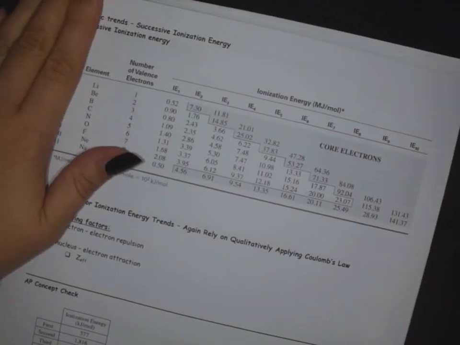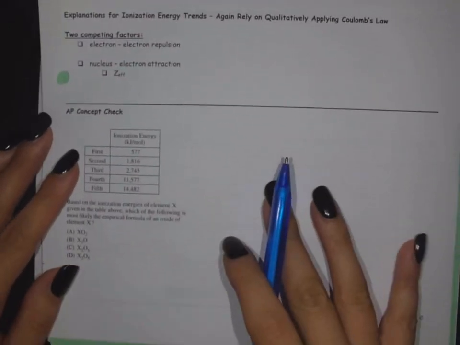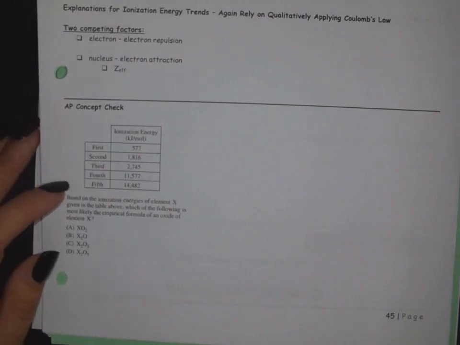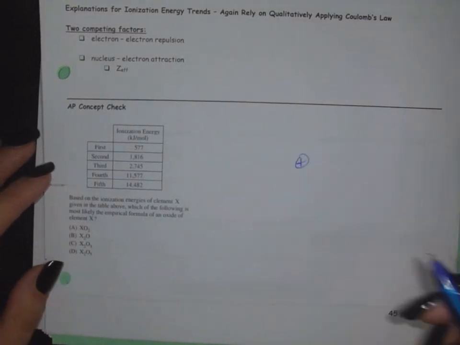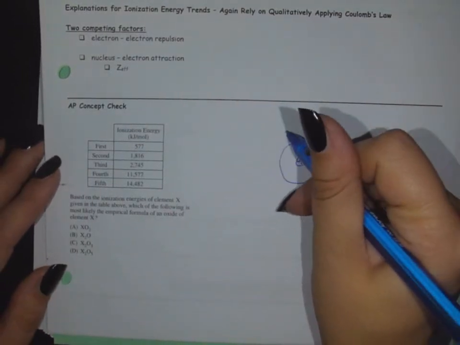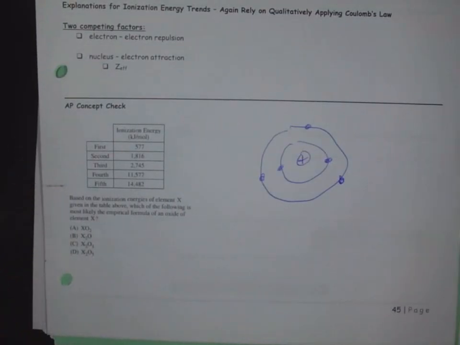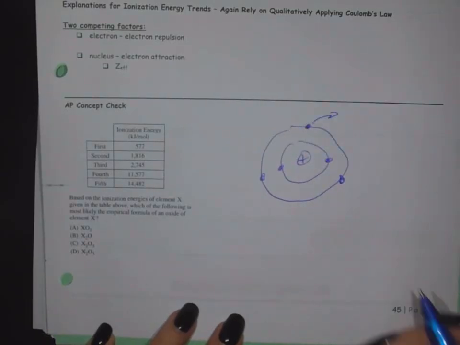So, last concept, and that's successive or additional ionization energies. I like this one better. Look at this. This is saying that there are at least 5 electrons, maybe more, but there's at least 5. So I know I have some positive nucleus, and I've got at least this going on. Now, the amount of energy it would take to remove this first valence electron,